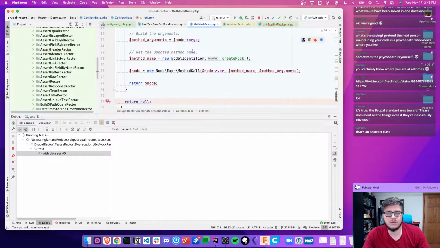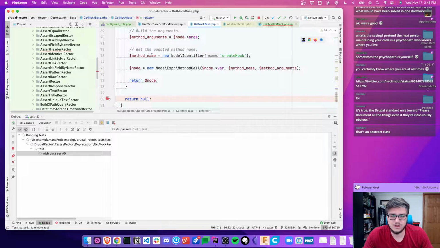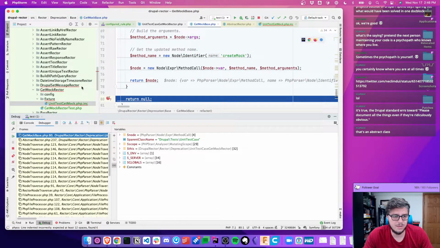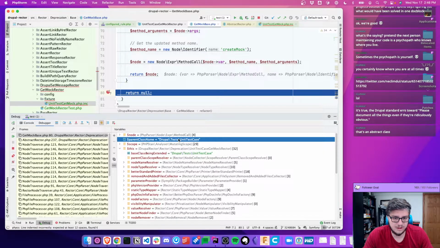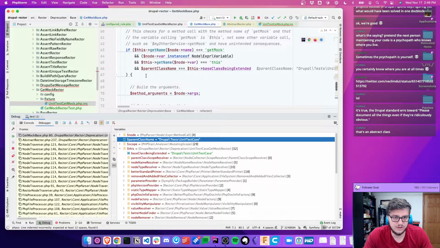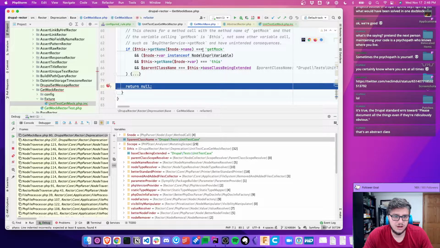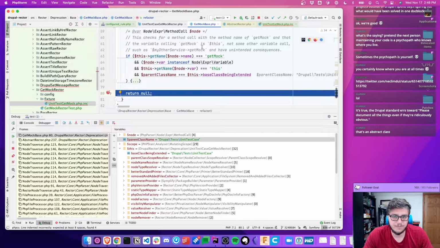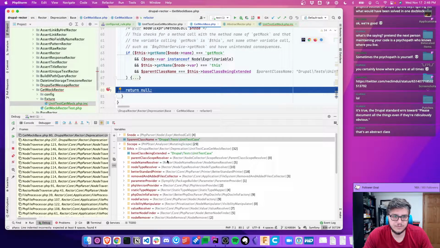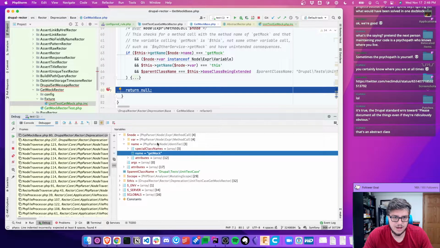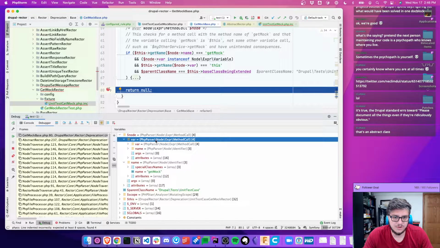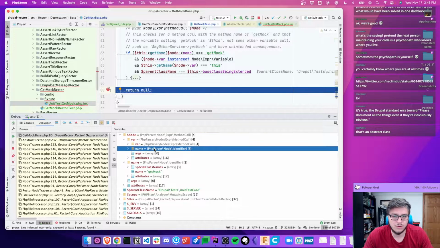I don't understand why it's not returning, why it's not passing. So this unit test case, parent class name is unit test case. So node name is get mock. Var is an instance of method call. Oh,